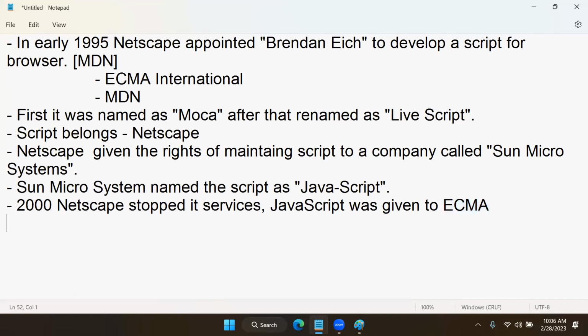They started maintaining JavaScript, and for more than a decade, up to 2014, ECMAScript, that means JavaScript, was internally maintained by ECMA. There were not many changes. They were just maintaining it for 10 years. They just maintained JavaScript. After that, from 2015 onwards,